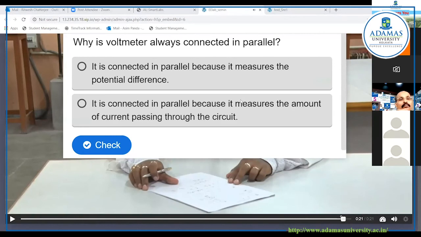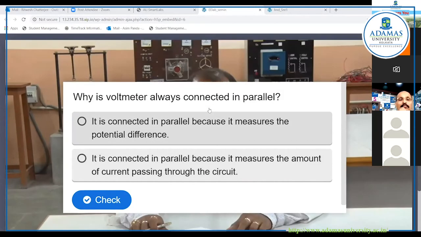Right. Now, would anyone like to make any guess as to what this answer might be? Anyone? Just write down your answers in the chat box if you want to let me know. So the answer is option number one. Right. So, more or less everyone's convinced it's option number one. Now, let's go for the incorrect option and see what it's like.